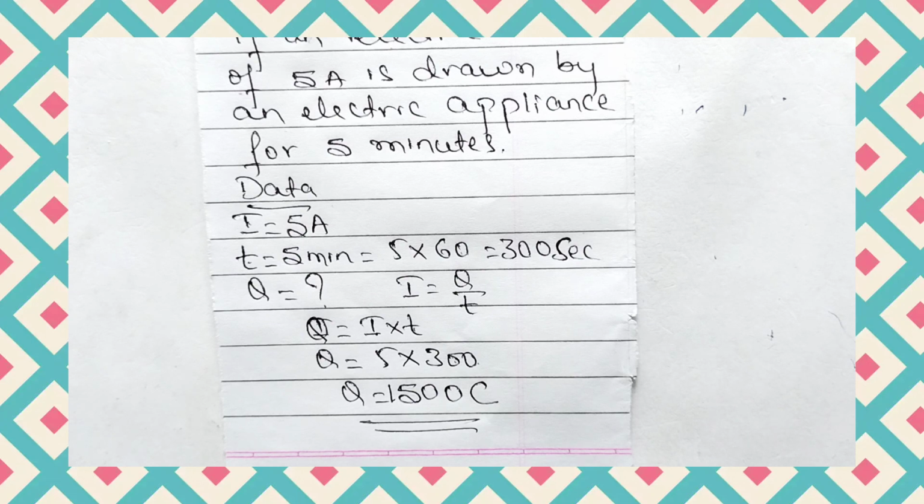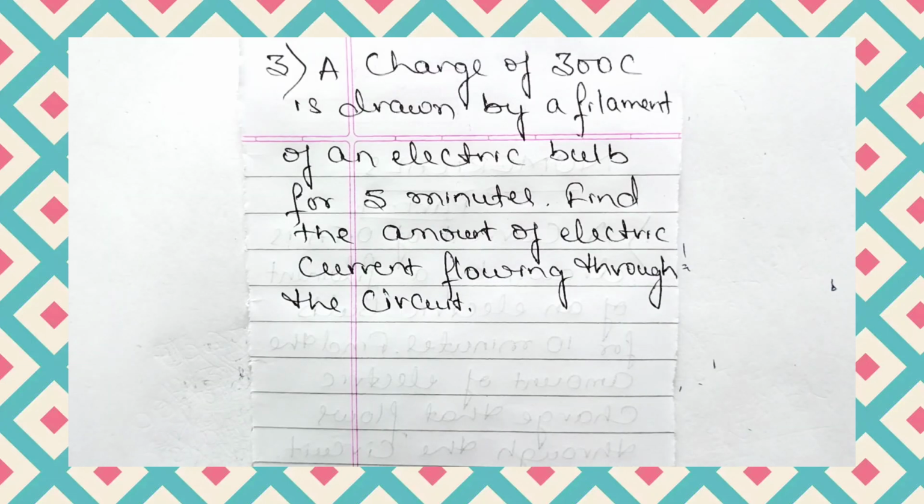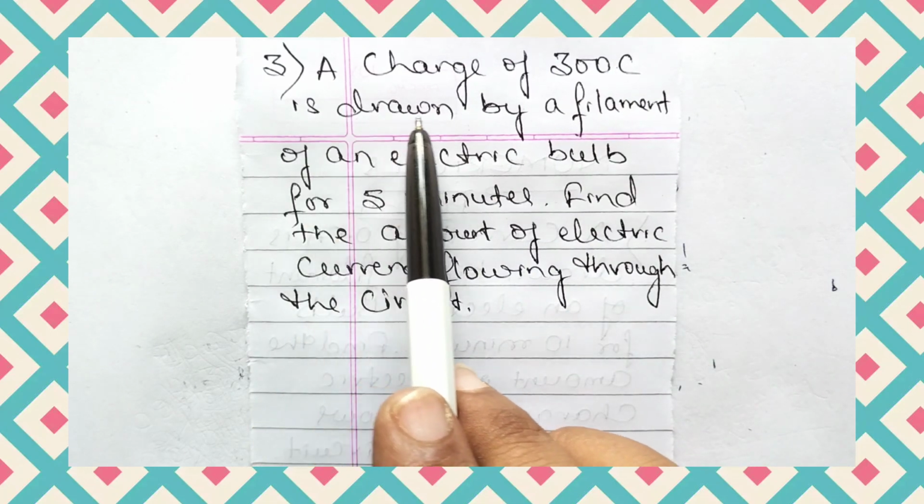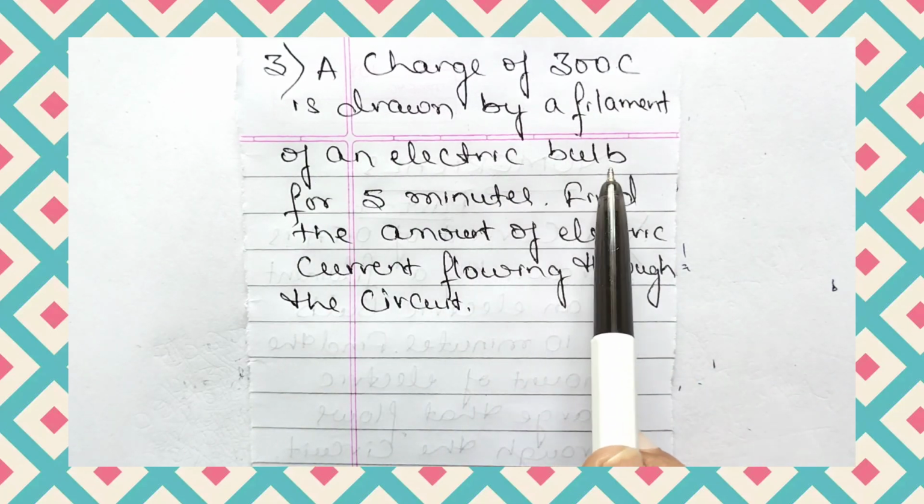Now let us move to the third question. In the third question, a charge of 300 coulomb is drawn by a filament of an electric bulb for